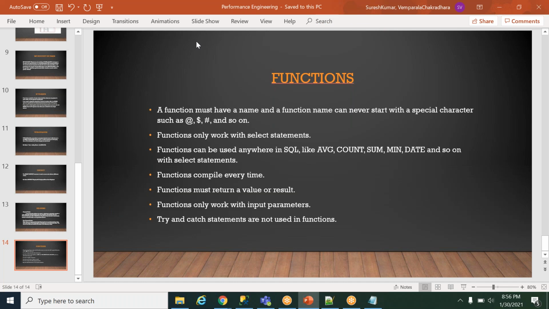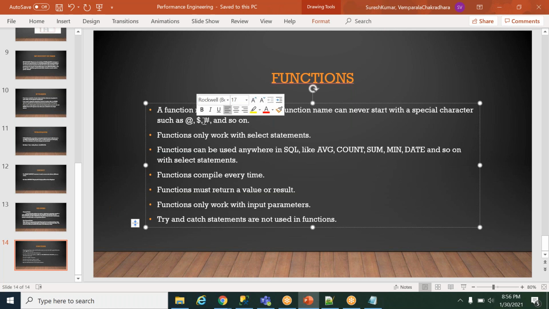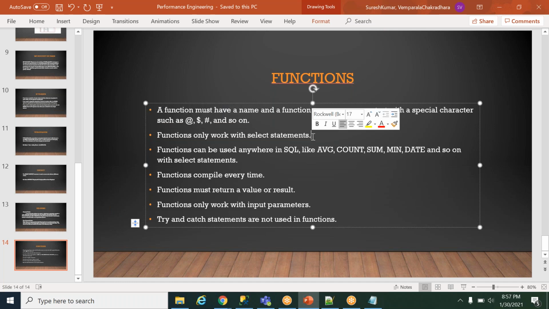A function must have a name, and the function name can never start with a special character such as @, $, hash, and so on. Functions only work with a select statement, meaning we will not have any DML statements in the function. DML means data manipulation language, which is insert, update, delete.